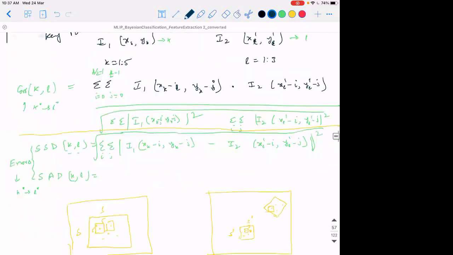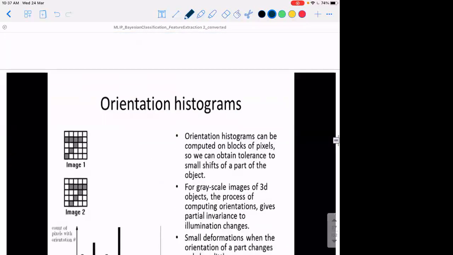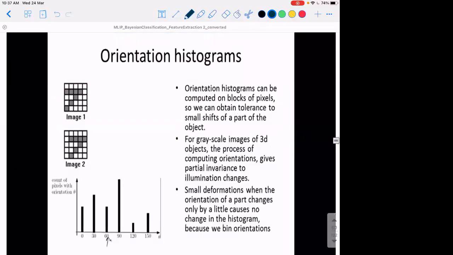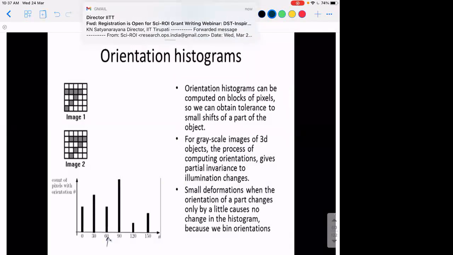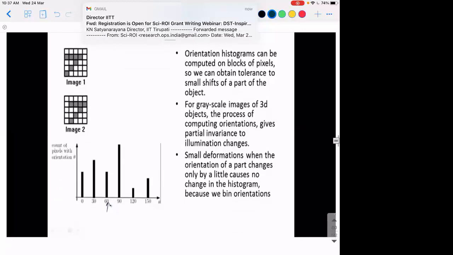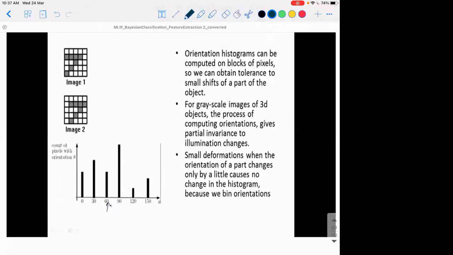That is referred to as histogram of oriented gradients. It is known to be one of the very effective features, especially for representing the shape of objects in computer vision. What you can see here in this example is there are two 7s. In spite of the small shift in the 7, if you find the histograms of the 7s, especially the histogram of angles, you can see there is no way this and this will have the same histogram of angles, or histogram of orientations. Is this fine? Are you able to understand or visualize this?